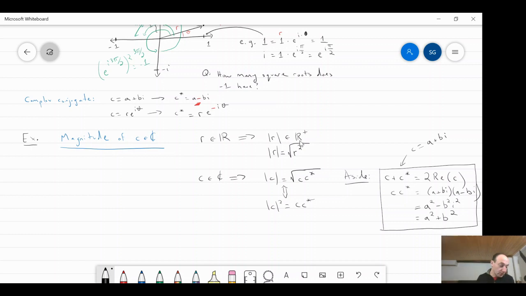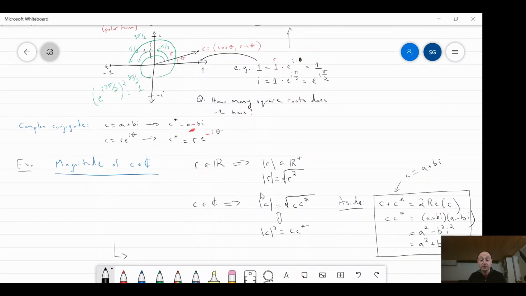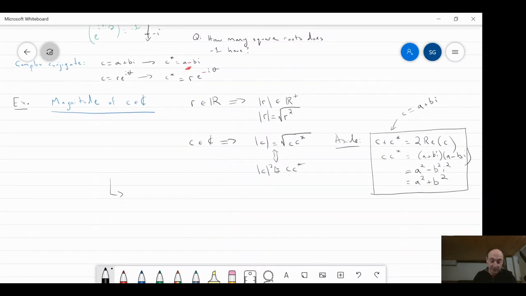So what does that mean? Now let's apply this to the polar form. With the polar form, we could really easily see, I claimed, that if I had this complex number here, the magnitude of that number was basically r. It's the length of this vector. Now let's just do a sanity check. Let's make sure that the formula we came up with reproduces this value of r.